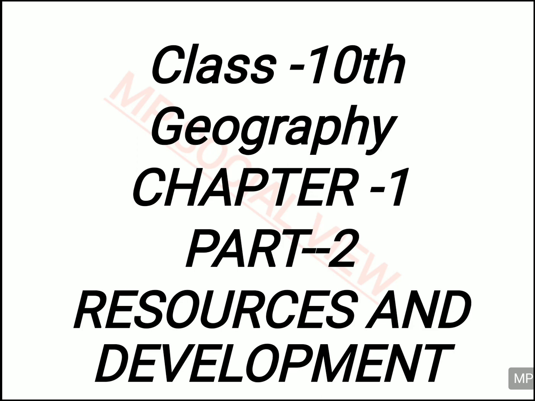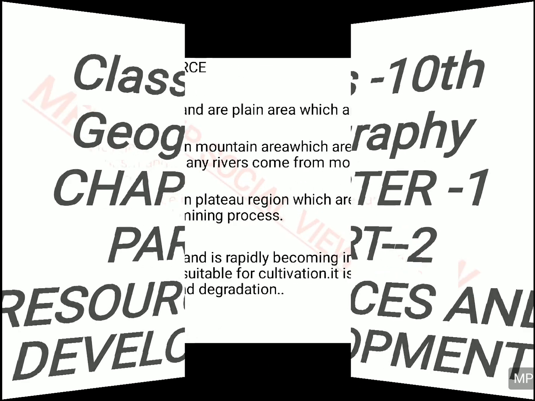In the first part we discussed the definition of resources, classification of resources, and we also discussed sustainable development and the planning through which we can achieve sustainable development. Also, the conservation of resources was discussed in the earlier part. So, in this part, we will discuss two important resources, that is land resource and soil resource. So, let's proceed and conclude this chapter.